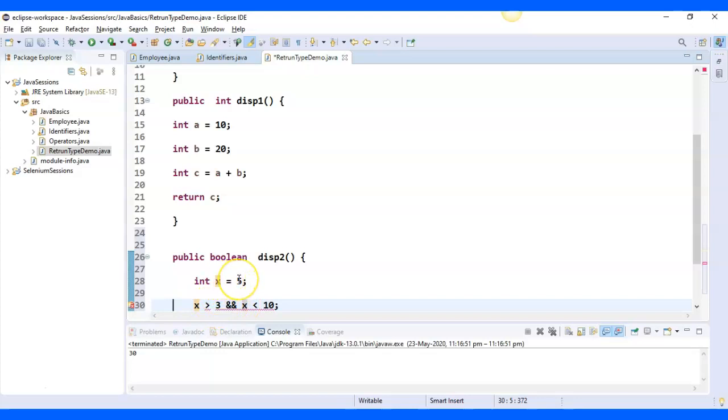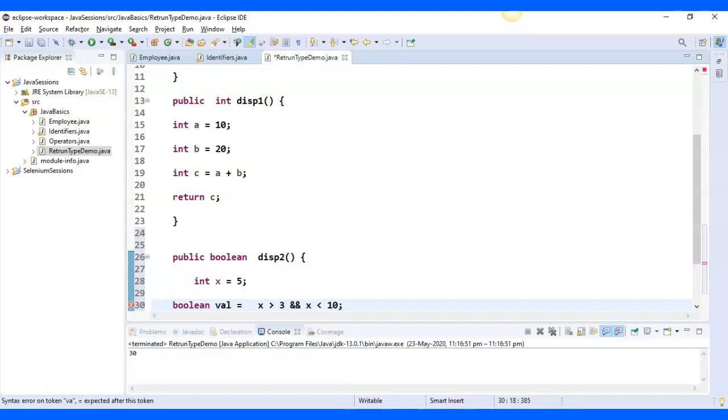My x value is 5, right? So is x greater than 3? That means 5 greater than 3? Yes. So this condition is met, it is true. And is x lesser than 10? Yes, this is also true. So both of the conditions are true. So my answer would be true. So let me just save this in,